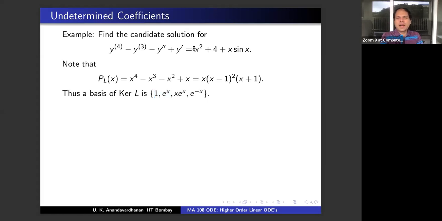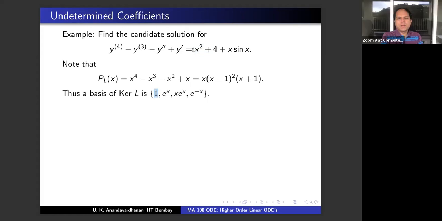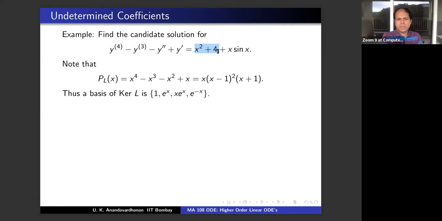Okay. So coming back, x square plus 4, your initial guess is a x square plus b x plus c. Do you need to modify it? Yes, sir, because for c the basis function is 1, which is a solution of the kernel. Therefore, you have to multiply a x square plus b x plus c by x. Do you need to multiply by x square? No need. So this you have to multiply by x, and coming to this, what will be the candidate?